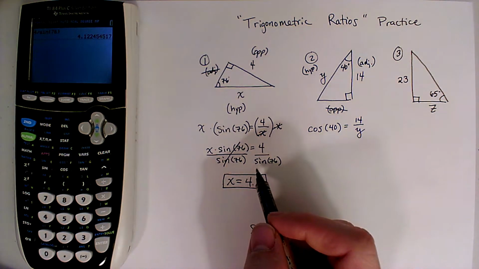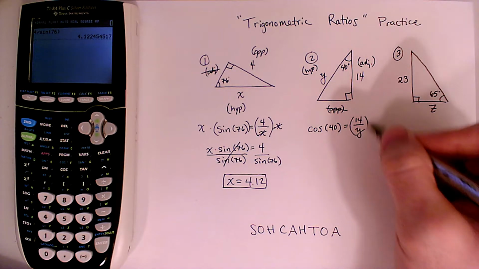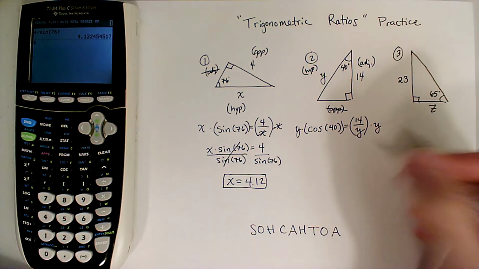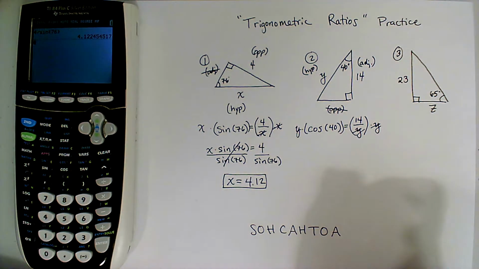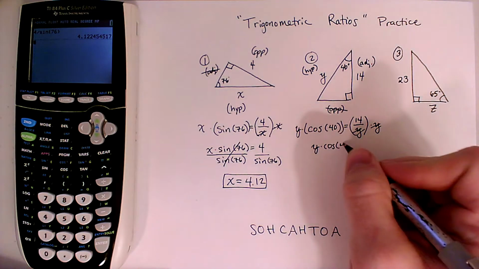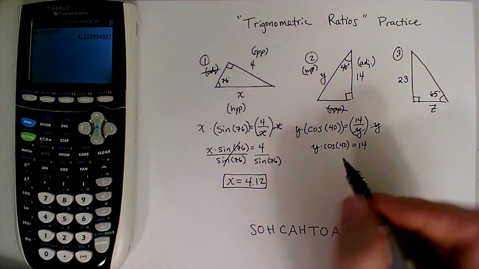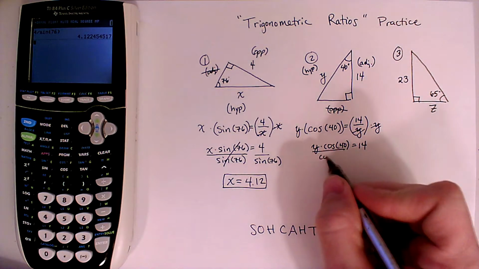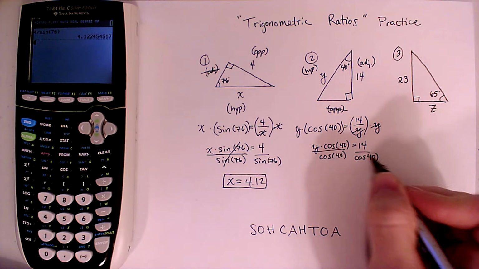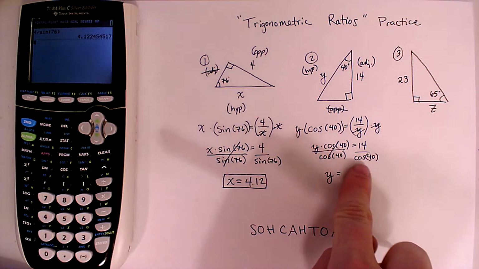And just like the first example, I'm going to use algebra to solve for y. So I need to get the y off the bottom. I will be multiplying both sides by y. That will make the y's cancel. On the left side, I'll have y times cosine of a 40 equals 14. And then to get rid of the cosine 40, I need to divide both sides by cosine 40. That's going to cancel, and I'm going to have y equals, and this is the part that you punch into